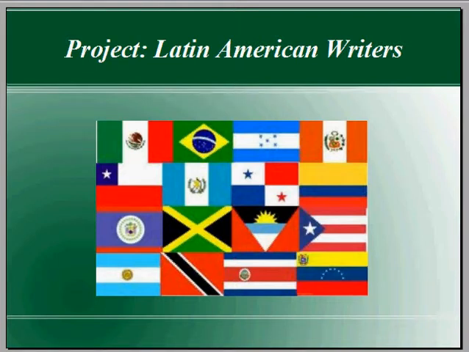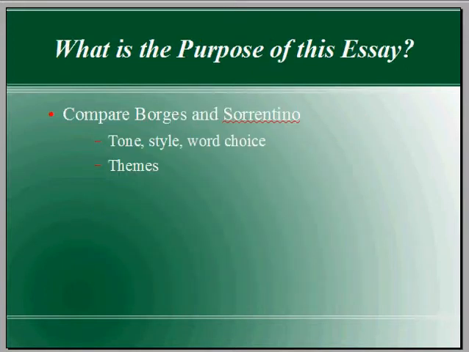This is your class live for your project about Latin American writers. In this assignment, you'll be talking about two of our Latin American writers that we studied, Sorrentino and Borges. So what is the purpose of this essay? It's really to compare Borges and Sorrentino. Your assignment specifically mentions tone, style, word choice, and the themes that are revealed in both pieces of writing by